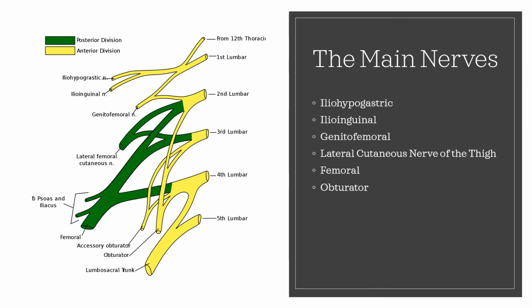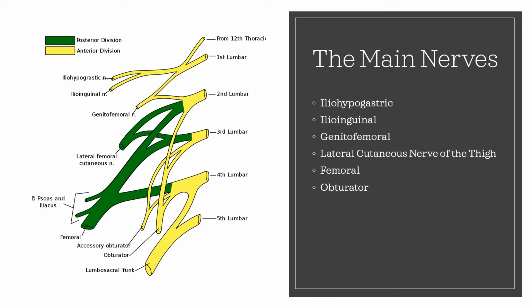The lumbar plexus is a web of nerves that originates within the lumbar section of the vertebral column, and it arises from T12 all the way through L4. The main goal of the lumbar plexus is to innervate the lower extremities. The following nerves arise from the lumbar plexus: the iliohypogastric, ilioinguinal, genitofemoral, lateral cutaneous nerve of the thigh, femoral, and